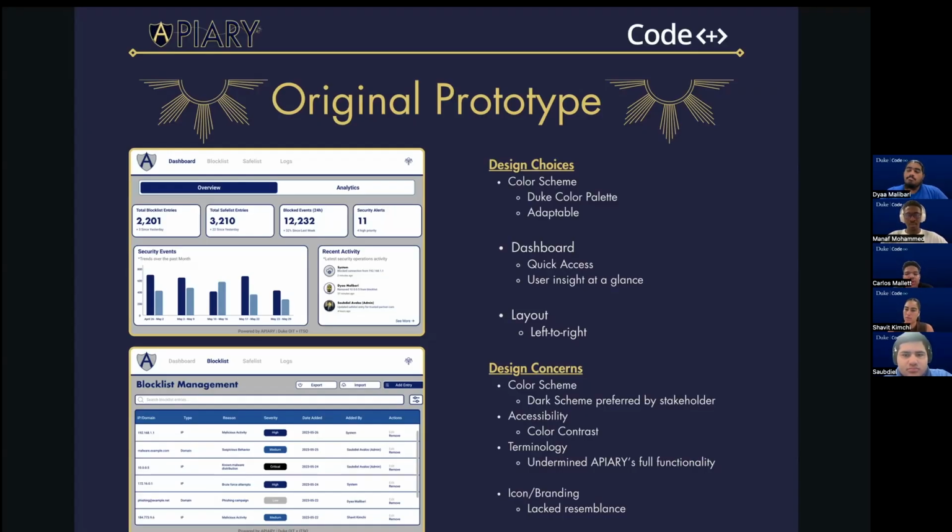As we reviewed this first prototype with our stakeholders, several concerns came up. First, our stakeholders expressed a strong preference for a darker color scheme, both for aesthetics and usability. We also ran into accessibility issues, especially in the contrast of the top menu bar with the gray on the